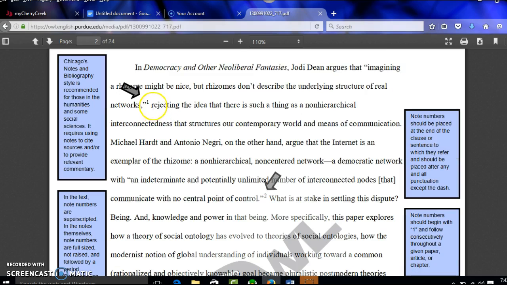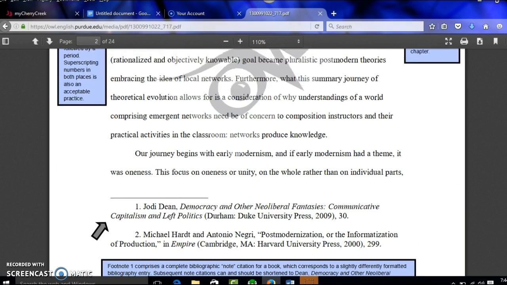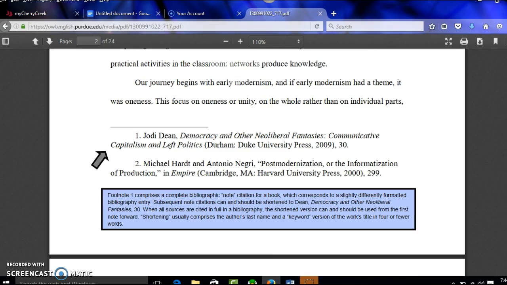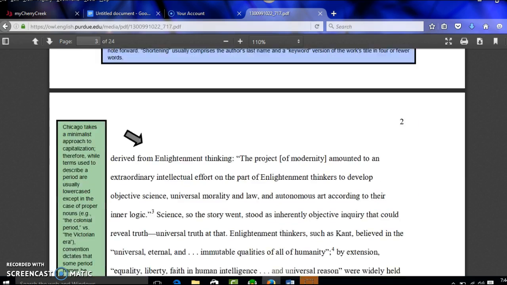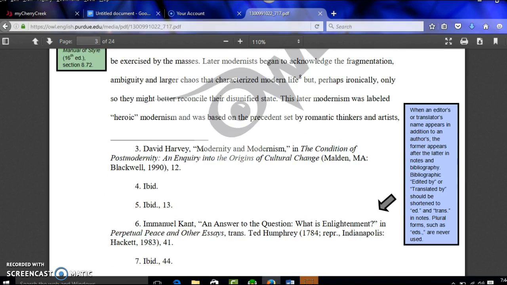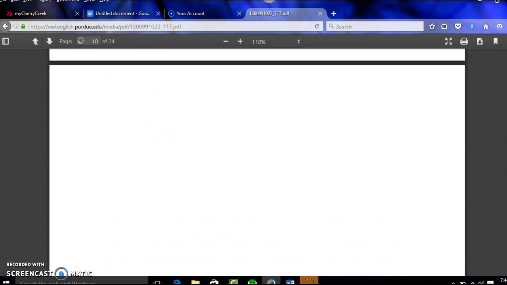And look at this, the in-text citations are superscript numbers that, ooh, and there's another one too, and those correspond down here with footnotes. So this is way different than MLA. I'm going to have to make footnotes for this one. Again, I have more of these superscript numbers after each piece of cited or quoted or paraphrased information, and I go down here and find the corresponding footnote. It has this IBID. I need to figure out what that means,